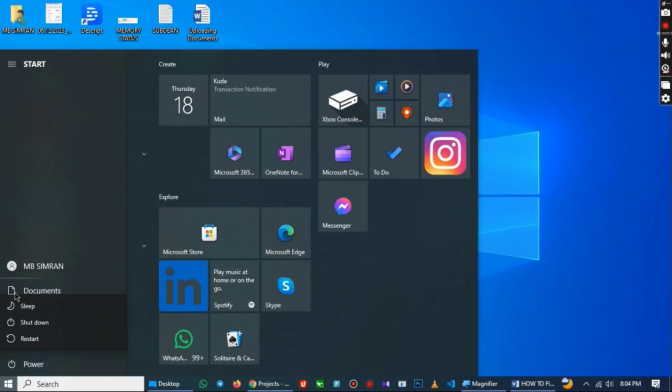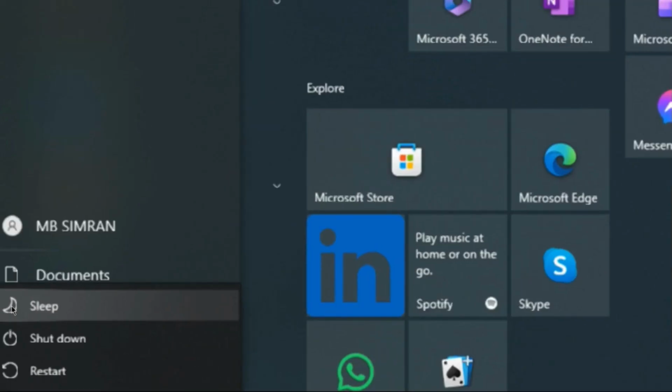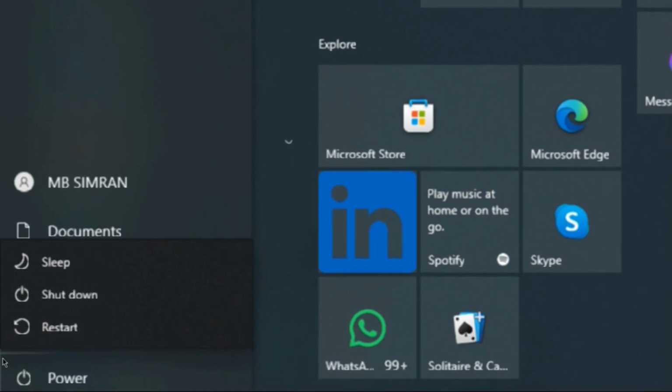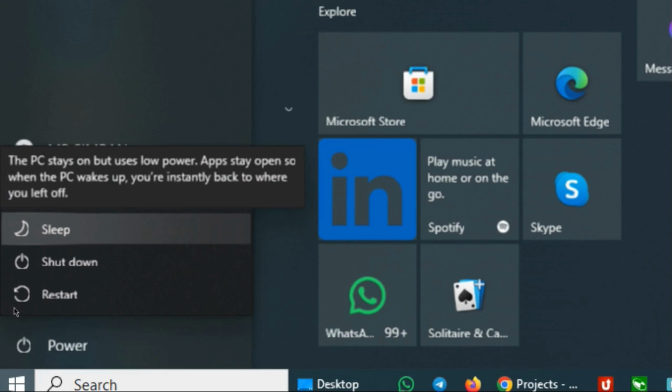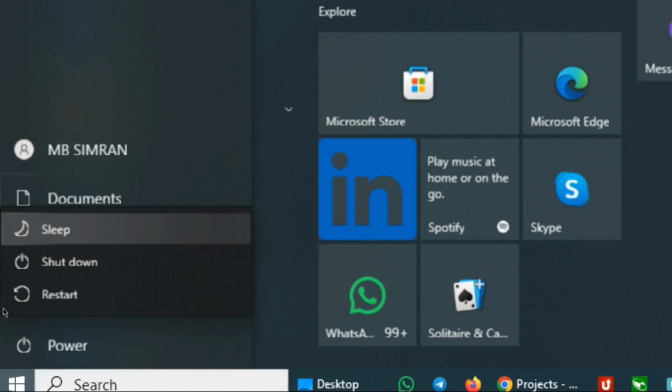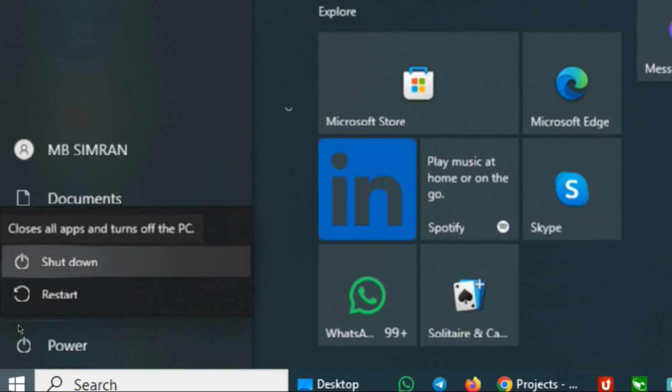What did I see? My PC doesn't have a Hibernate button. What is happening right here? So how do I hibernate my PC? I don't want to put my PC on sleep, because my battery will still be used when my PC is on sleep, and when I shut it down I will lose all my work. All my work will be closed, so the only thing I have is to hibernate my PC,